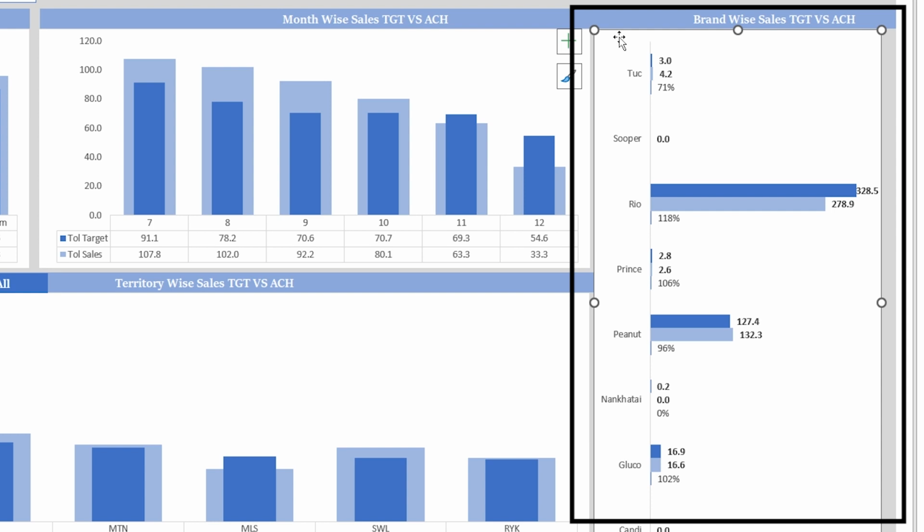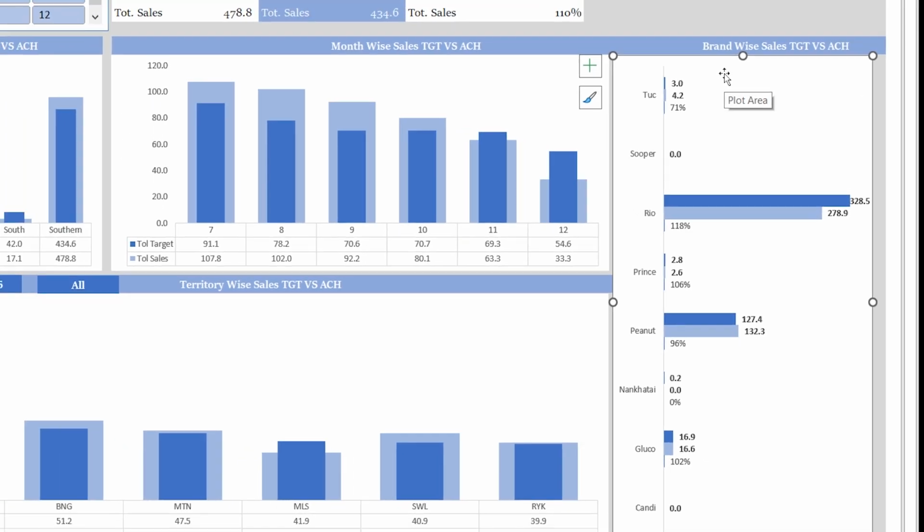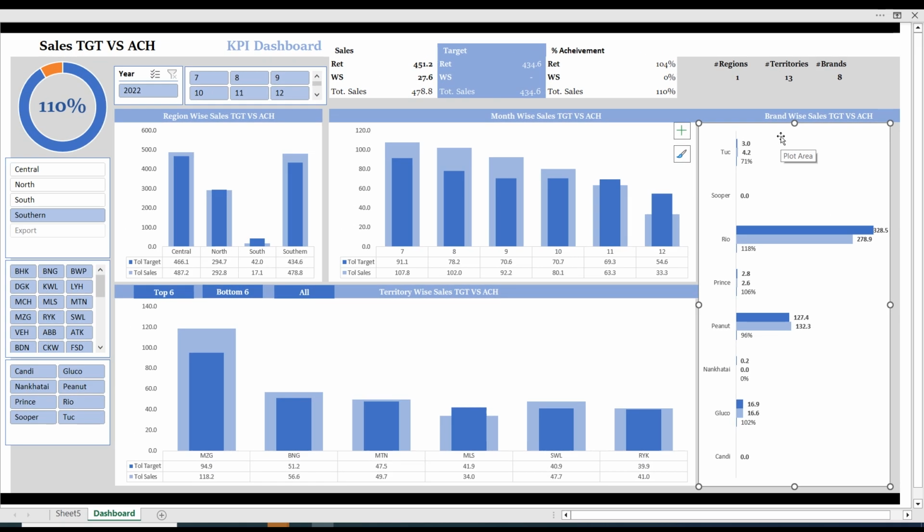If your strategy is to get sales, then you can invest the majority of your advertisement budget on the key brands, and if your strategy is to get the attention of audience users, you can spend more money on the lower brands. If your strategy is to make your lower brands grow, then obviously you will be spending more money on the lower brands. So this chart will make you able to take these decisions.